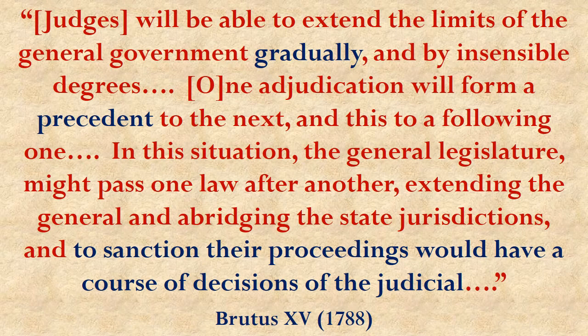He said that the judges would extend the power of the government gradually by a slow accumulation of precedents, and that then the legislature, in other words, the Congress, would use the sanction of those proceedings, in other words, the legitimacy provided by Supreme Court decisions, as a cover for what they did. So basically what he's saying is that Congress had overstepped its boundaries just a little bit. Someone would complain, oh my gosh, Congress took away powers that belong to the states that are reserved to them. Congress is violating the 10th Amendment. Congress is going beyond its enumerated powers.